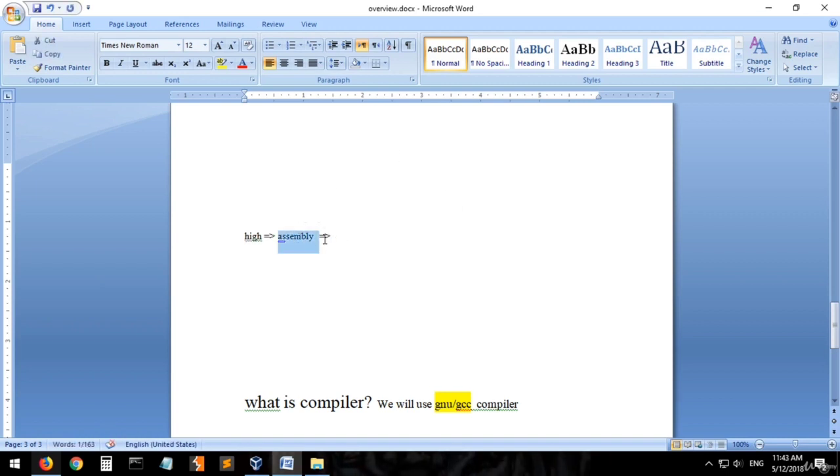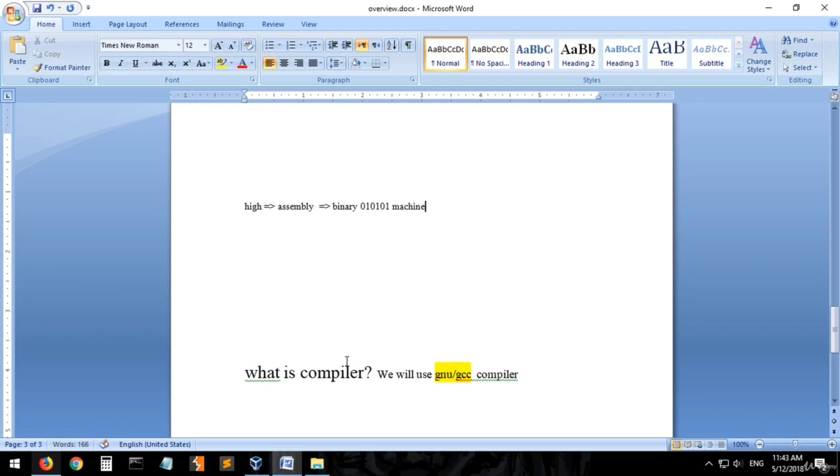We use this assembly language to make a connection between the hardware and the software, to communicate with the hardware. Then after the assembly it will be translated into binary, 0101 and so on. This is the machine language. In this course we will use the GNU GCC compiler. It is available in all Unix or Linux distributions.